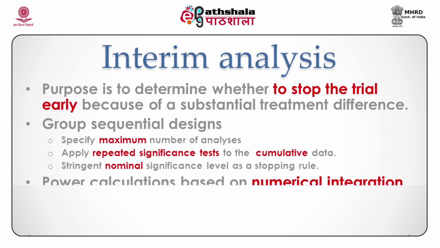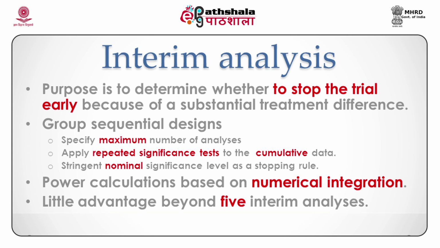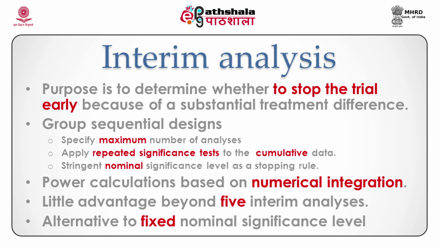Power calculations can be performed, and these are based on numerical integration. It has been shown by Pocock that there is little advantage beyond 5 interim analyses. This is based on considerations of the average sampling number. And finally, there are also alternatives to the fixed nominal significance level, in which we can have the nominal significance vary as a function of time. That is, we could have more stringent significance levels at early stages and less stringent levels at the last 1